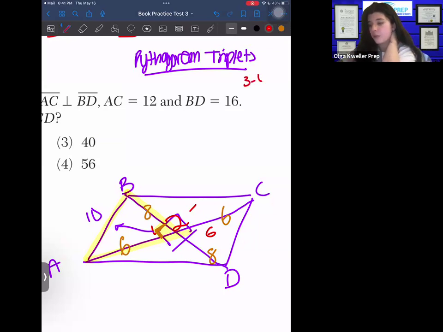So 3, 4, 5. And again, the last one is always the hypotenuse because that's the largest. 5, 12, 13, 7, 24, 25. And the last one I would recommend is 8, 15, 17. I usually never see test makers go above these, but you memorize these, and then you learn that any ratios